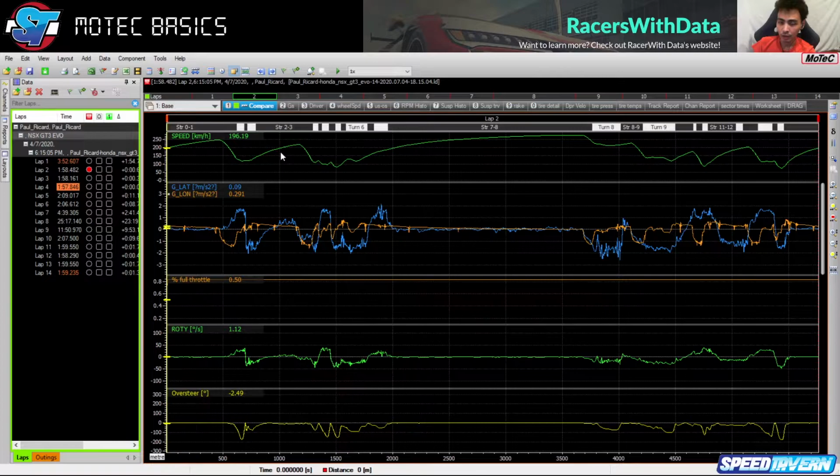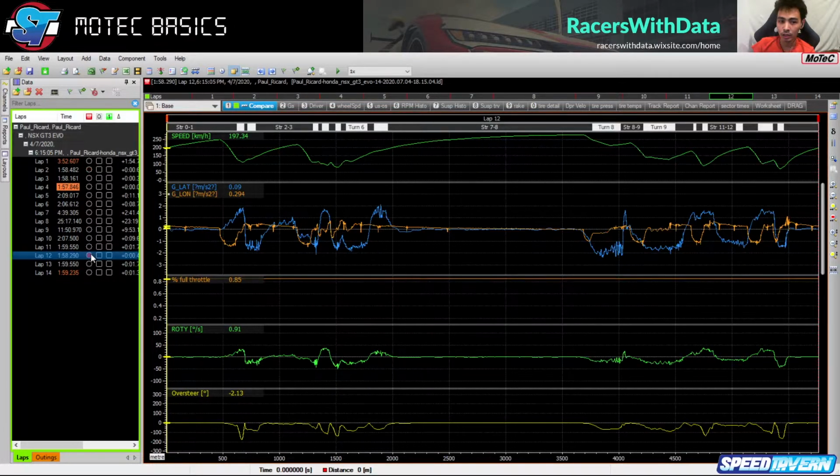This comparison works if, let's say, you're driving in the same session, so probably if I'm driving in Kyalami, and I'm driving around, and then I have Ivan doing his lap and also Nigel doing his lap, and we are all in the same car, in the same session, and I want to compare where I am losing time. If Ivan and Nigel pass the MoTeC data to me, then I can open up the fastest lap from Nigel and from Ivan and from myself,